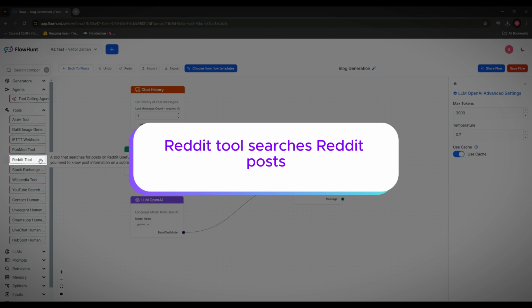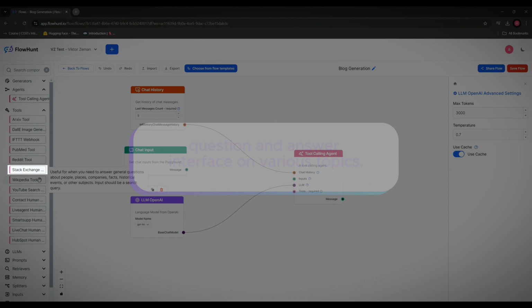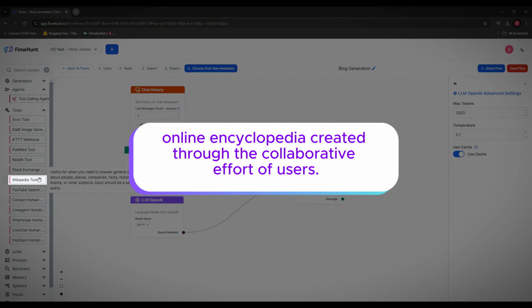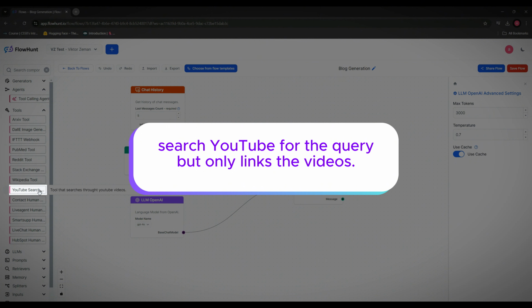The Reddit tool searches Reddit posts, and the Stack Exchange tool provides a question and answer interface on various topics. The Wikipedia tool is an online encyclopedia created through the collaborative effort of users. The YouTube search tool will search YouTube for the query, but only links the videos and cannot extract any content